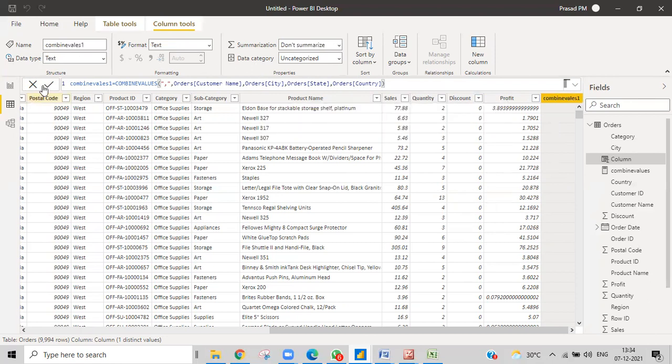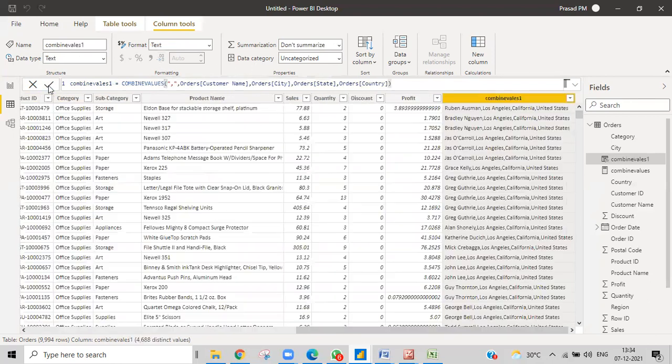Then you can even approve also. You can click the right tick mark to get that one. It's up to you. You can see this: for each and every value, you'll have Rubin, Aspen, Los Angeles, California, United States, and then Barley, and then some glass, some Grace, and then Grant, Ellen, Los Angeles.